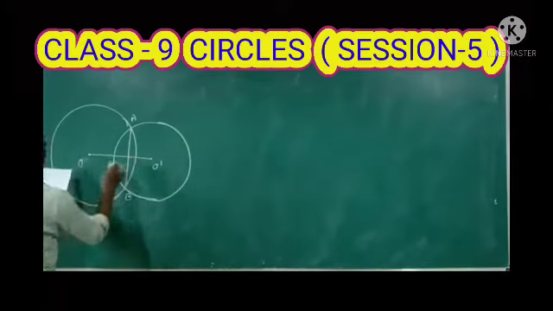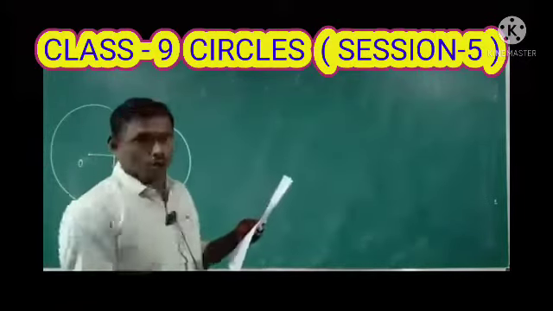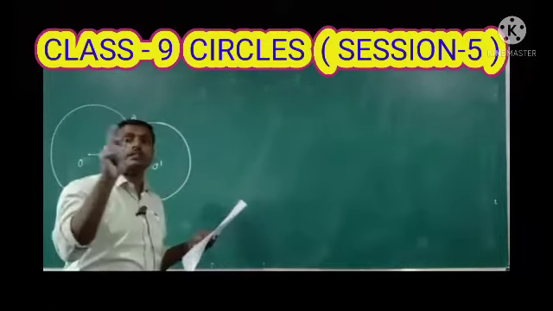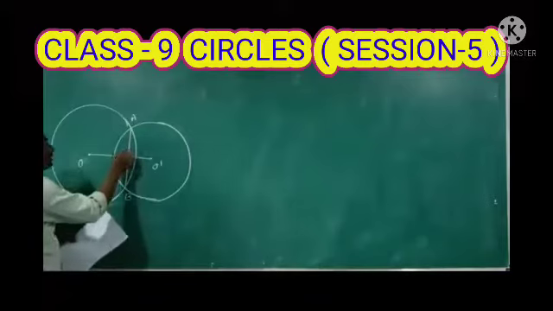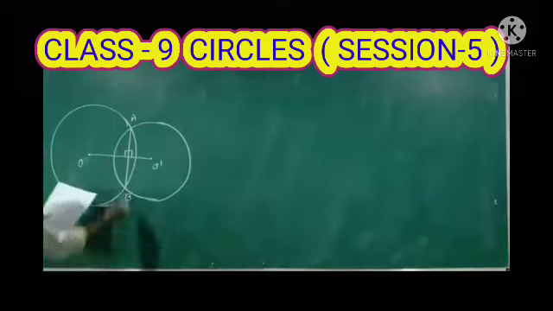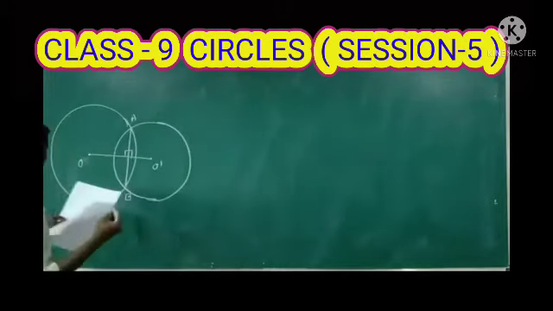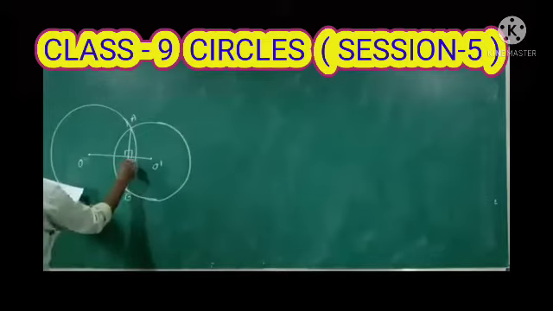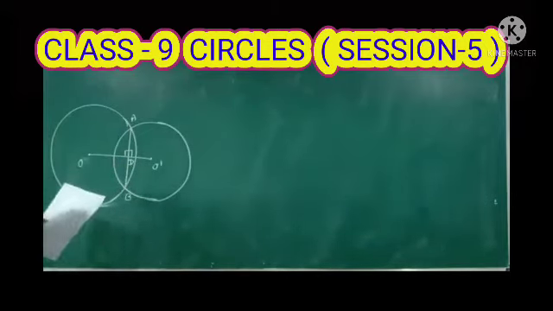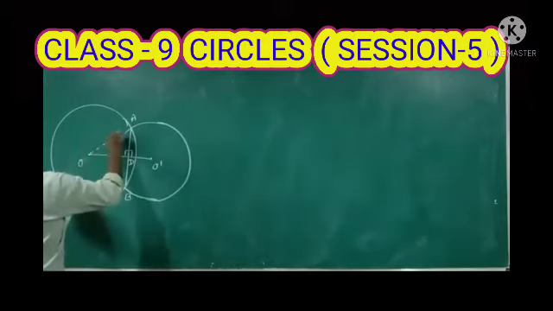Whenever a line is drawn from the center of a circle to a chord, the chord will be bisected into two equal parts, and the line drawn from the center of the circle to the chord is always perpendicular. So it becomes perpendicular. This is also perpendicular. If one side is 90 degrees, the other side is obviously also 90 degrees, right? So this intersecting point is considered as D. Now here, join.